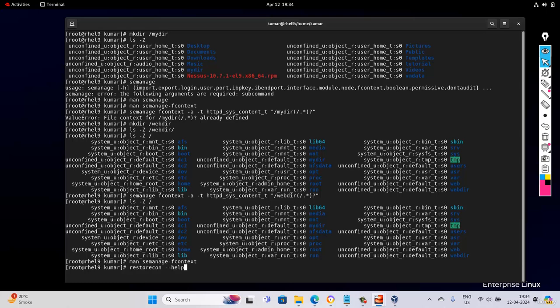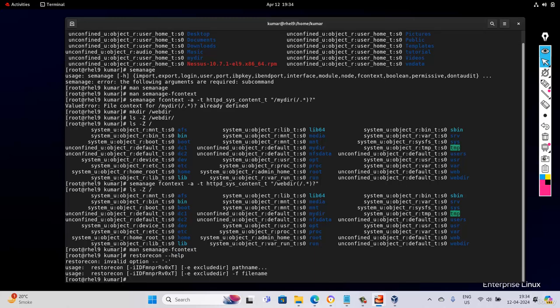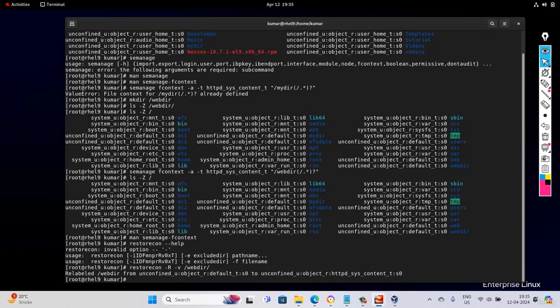So why use -r and -b for the restore configuration? You can check the -help command. It will display why you use -b. It is not displaying here. Okay, -r is recursive mode and -v verbosely, and give the file name here where you want it restored, relabeled. So it is relabeled from the